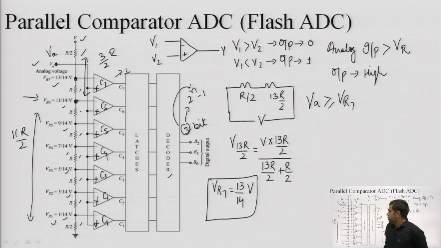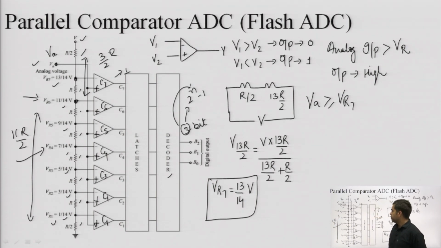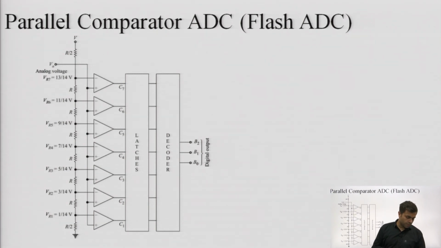Okay. Similarly, if we check this for VR4, if my analog voltage is greater than VR4, I will not be checking VR3, VR2, VR1, because they are all less than VR4. So comparators C4, C3, C2, C1 will be giving me high outputs. But if the analog input is greater than VR4 but less than VR5, then for C7, C6 and C5 we will be getting a 0 output. In this way we have to check these comparisons for all the structures. So this is the same thing. So we can prepare a table.